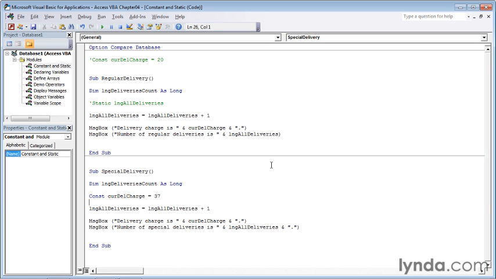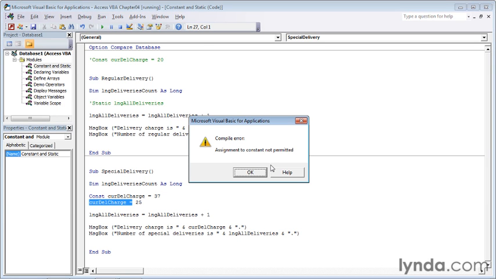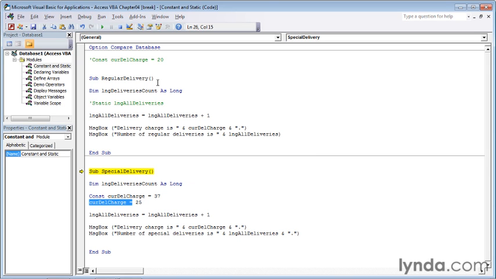Once you assign a variable as a constant, you can't change its value. So let me type in CurDelCharge, and then equal, and make it say 25, and press enter. Now when I press F5 to run the code, Access indicates that you cannot assign a value to a constant. So click the OK button, click the reset button to get out of editing mode, and then delete the line